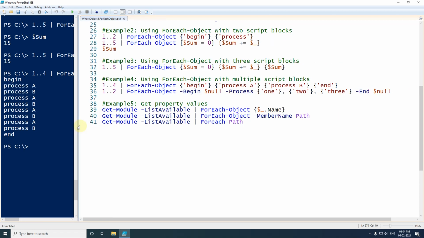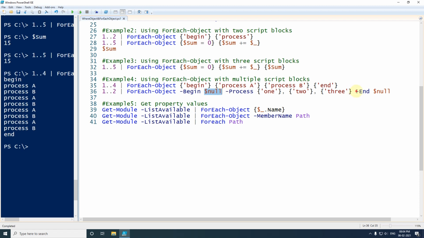Again we have one similar example, and in this one I have used parameters to name the script blocks. So I have not used any unnamed script block here. I have used begin here, and in this one I have not assigned any script block, I have just used $null.